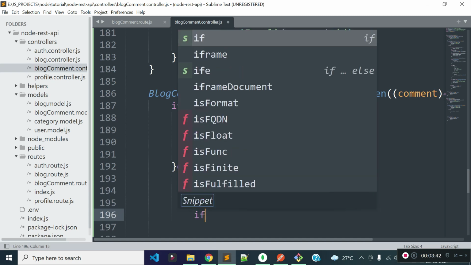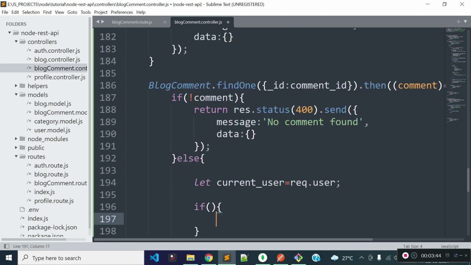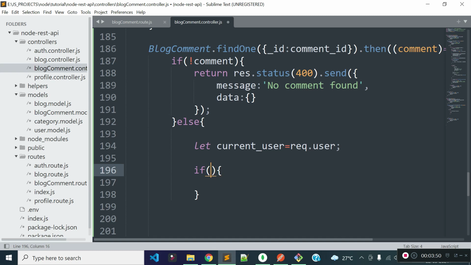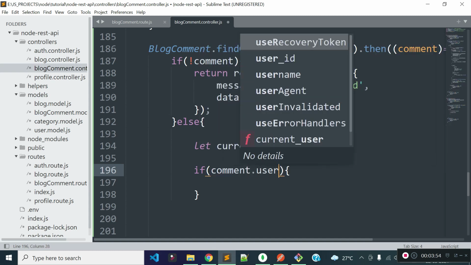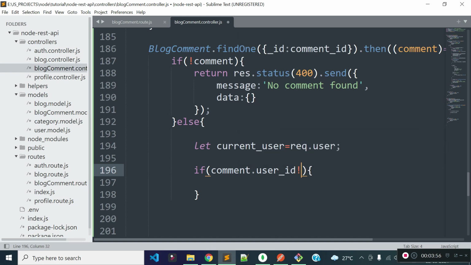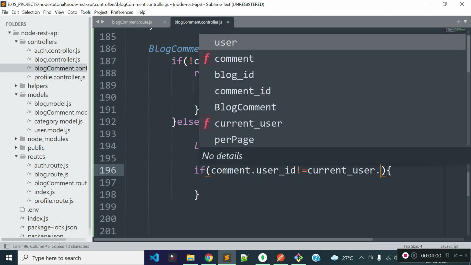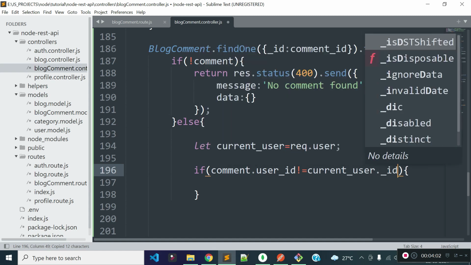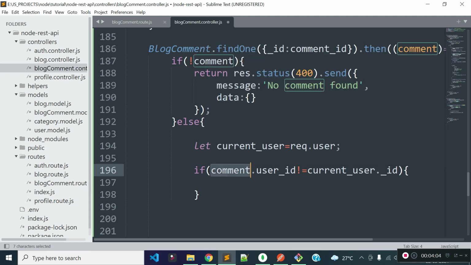Now I'll check if this comment is owned by the currently authenticated user or not. So I'll add a condition: comment.user_id not equal to current_user._id. That means this comment is not owned by the currently authenticated user.